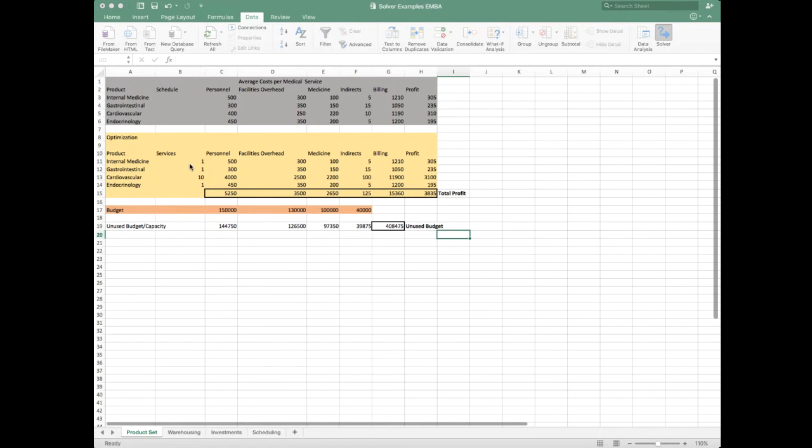You can't have fractional services. The second one is that these services can't be negative. You can't offer -6 services. So we say they have to be greater than or equal to 0. And the third one, of course, is that every time